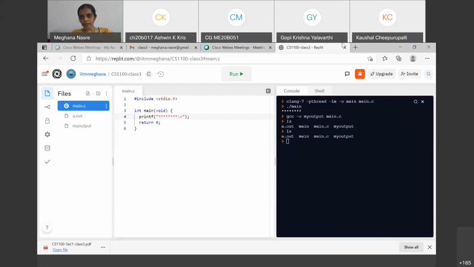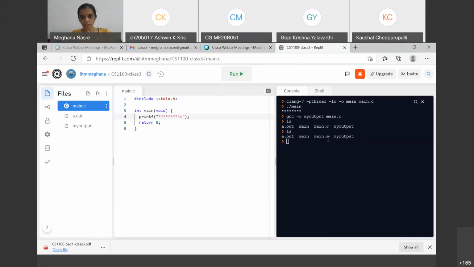When we click run, the file that is created, that is main, will not be stored in the files. Sorry, can you repeat the question a little slowly? When we click run, it forms a file, main, no, ma'am, that is not stored in the files shown in the leftmost column. When you click run, it shows minus p thread minus lm minus o main and main.c. That main is not stored, no.